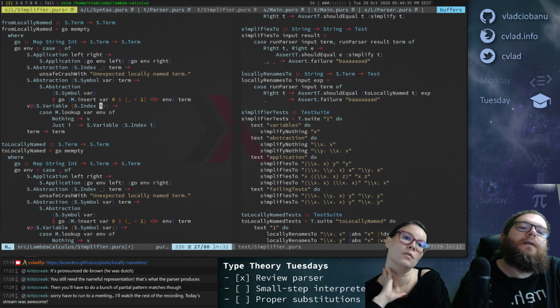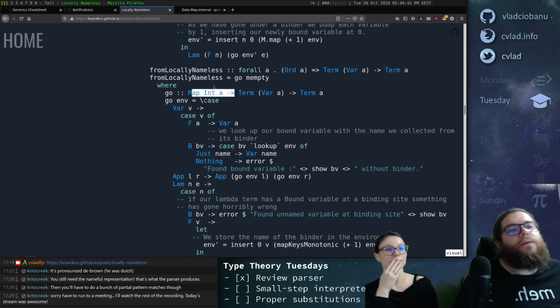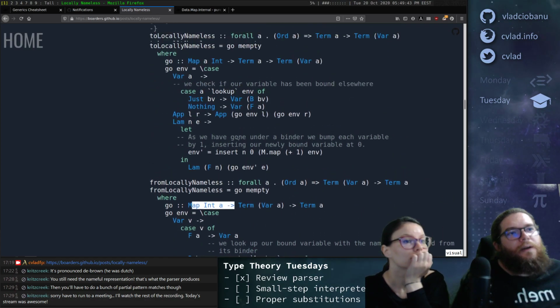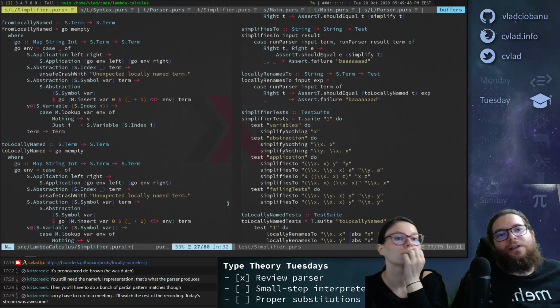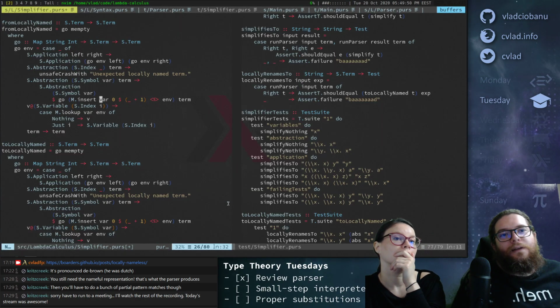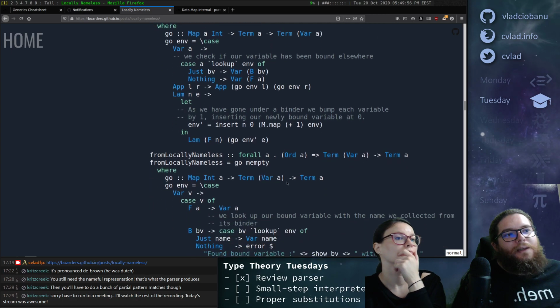for a second, because we cannot look up I's here. We need to do the other way around. Is this map opposite? Yeah, right? You see, the map is reversed here. Because you need to look up the other side, right? So you need to do 0 and var here. And here you need to like map the keys, I guess.